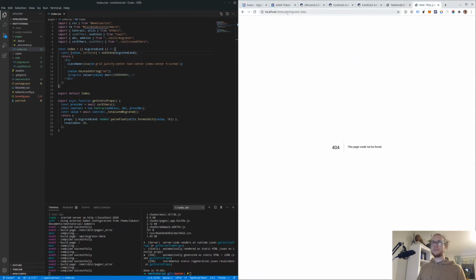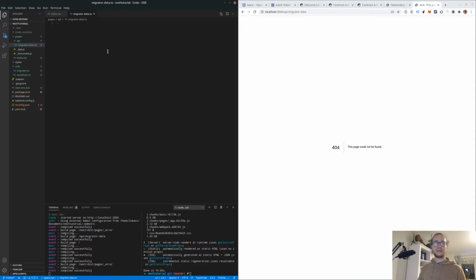What we do here is add a migrator data API endpoint, and in Next.js it's super easy to do this. So you create a folder, then you create a file, you can name it whatever you want. In this case, I created migratorData.ts, and then you add some export default